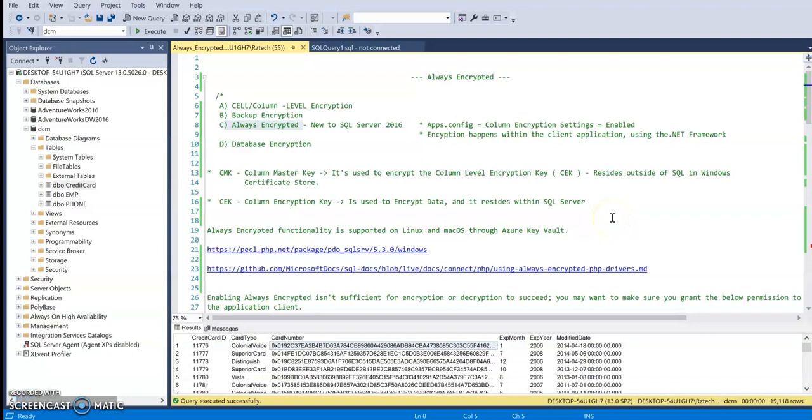Hello and welcome back. In this session, I'm going to talk about Always Encrypted. If you have been following along on the previous sessions, we talked about cell or column level encryption. We also talked about backup encryption. Now it is time to talk about Always Encrypted, which is new to SQL Server 2016, and it is an